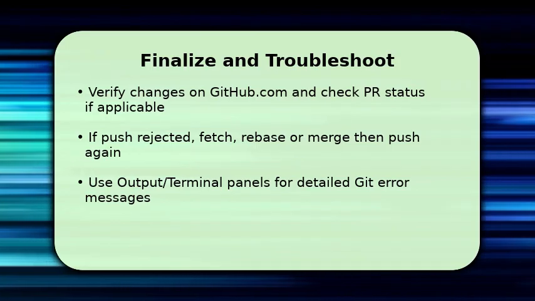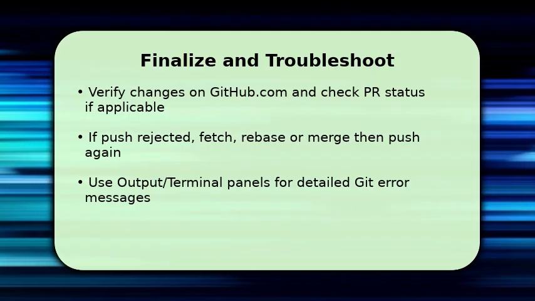If anything goes wrong, open the output or terminal panels to read Git errors. They tell you whether permissions, hooks, or line endings caused the failure, and guide the